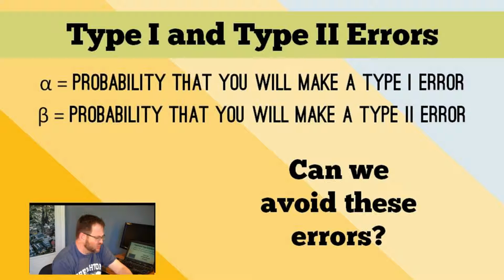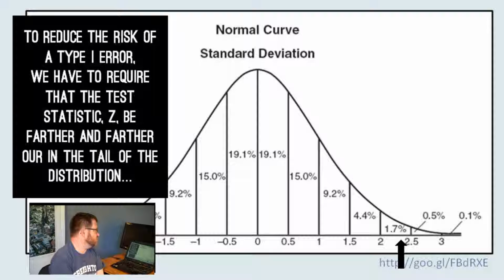And do you get to manage these errors? Is there anything we could do? Can we just say, I'm going to make alpha really small, so I'm not going to make an error? Or can I do things that make beta small, so I'm not going to make a type 2 error? Well, kind of, yeah. If I want to reduce the risk of a type 1 error, to reduce the risk of claiming that I can reject the null hypothesis when I really can't,